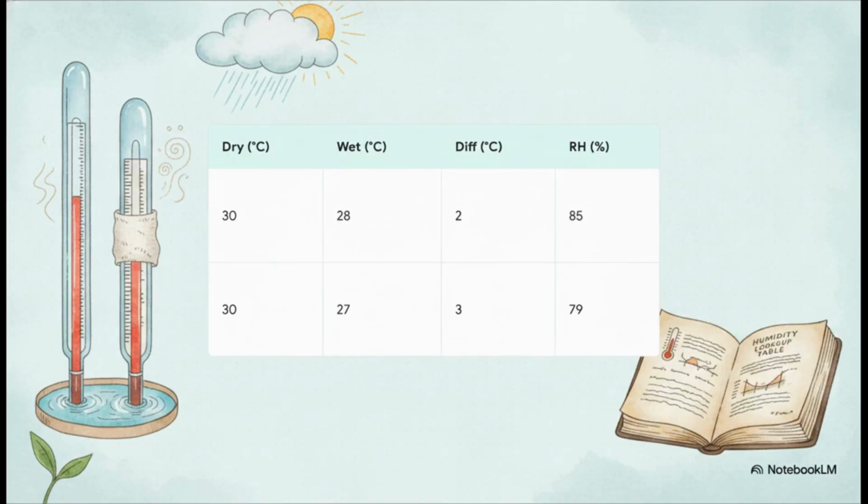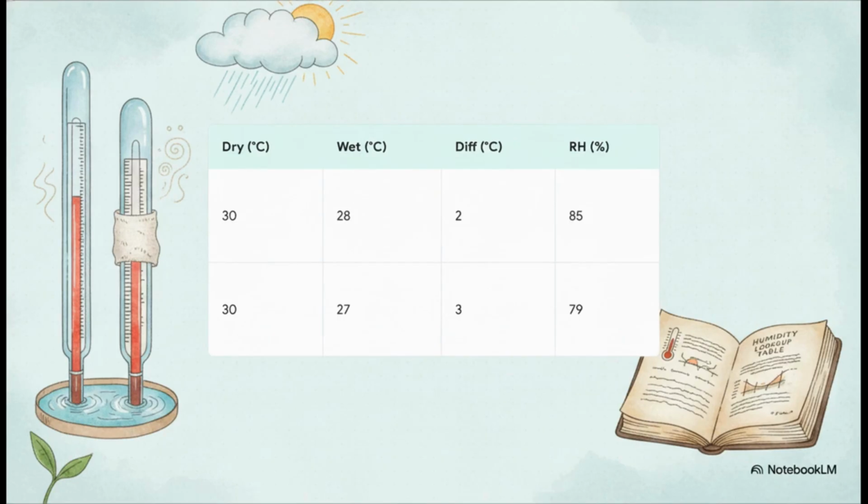Now, because evaporation causes cooling, that wet bulb is almost always going to read a lower temperature than the dry bulb. This brilliantly illustrates our environment in action. Think about it. The drier the air is, the faster water evaporates from that muslin cloth, which means the cooler the wet bulb gets. By comparing these two readings, we can use a standard lookup table to easily find our